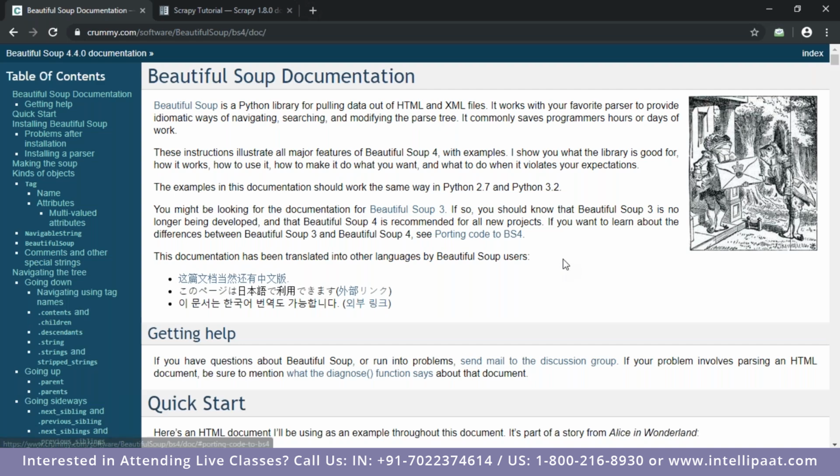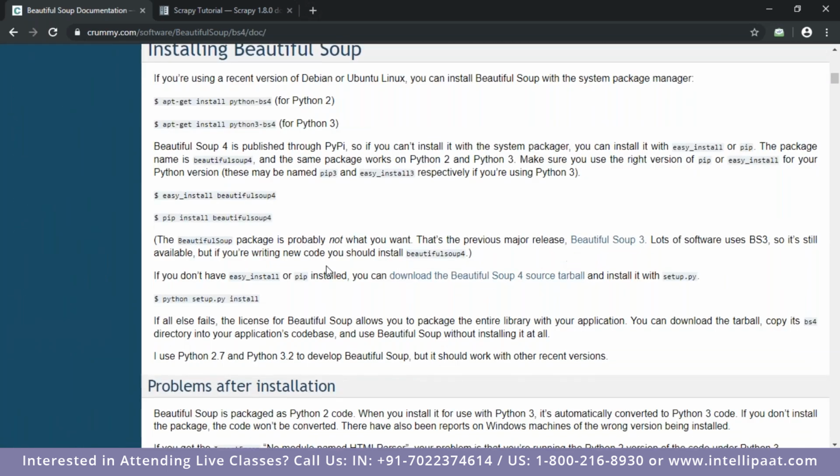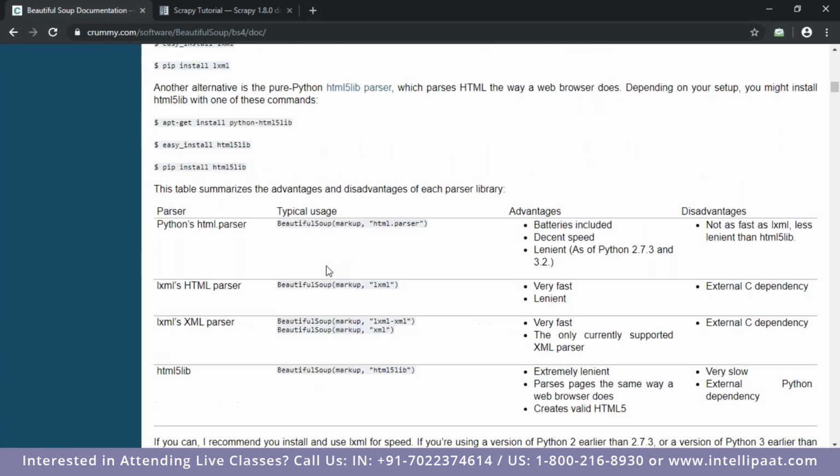Now BeautifulSoup supports many parsers. I think its documentation page has, yeah, here it is. So it supports the html.parser, which is Python's inbuilt library. So you don't have to install anything if you wish to use the HTML parser that is inbuilt in Python. You can also use the LXML HTML parser, which we'll be using in this tutorial because it's very fast and very